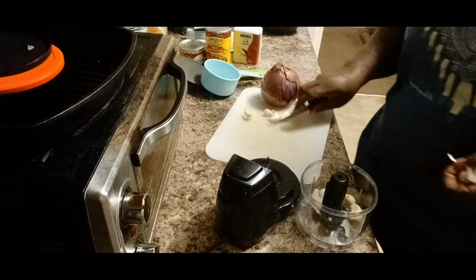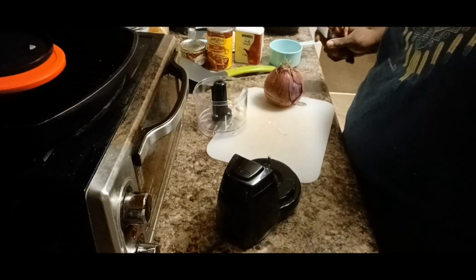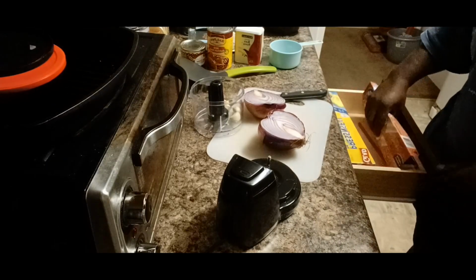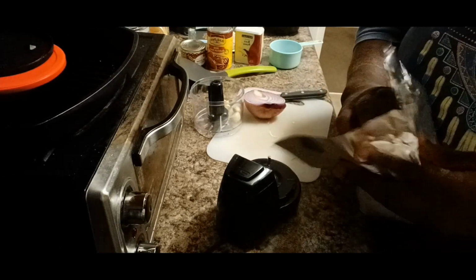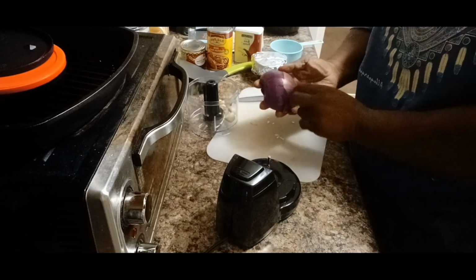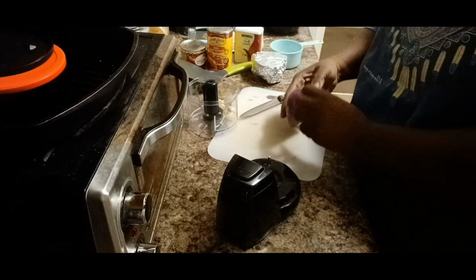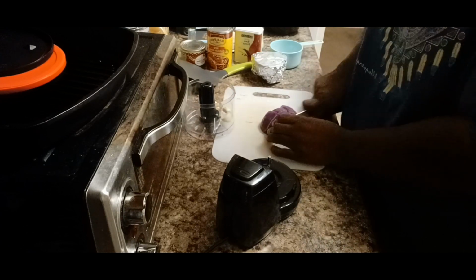But here I'm throwing these into my mini food processor, and I'm going to start chopping up the onion and the garlic. Okay. So now here I'm chopping up my onion, getting half of this red onion, so I can put up the other half. And I'm going to peel this onion here, discard the skin and chop it up and put it also in the mini food processor. You just want to cut it in large pieces and then just put it inside there. It says you could dice it, but I wanted mine finely chopped